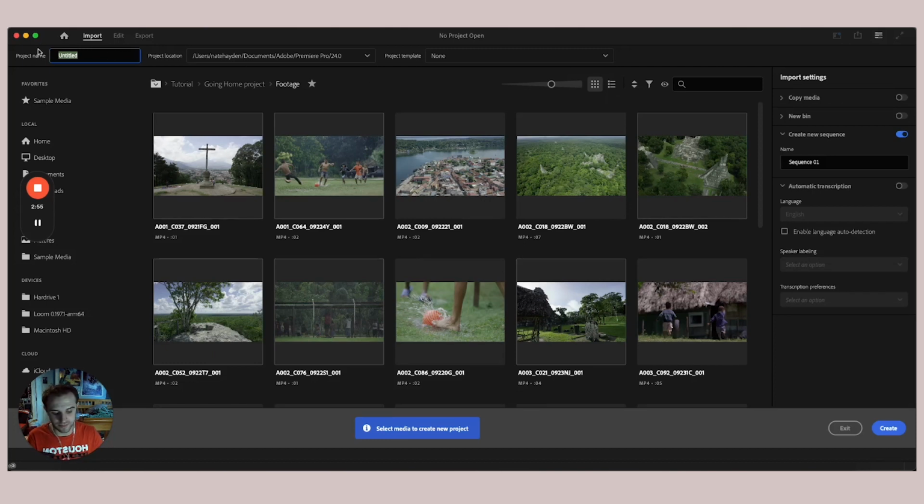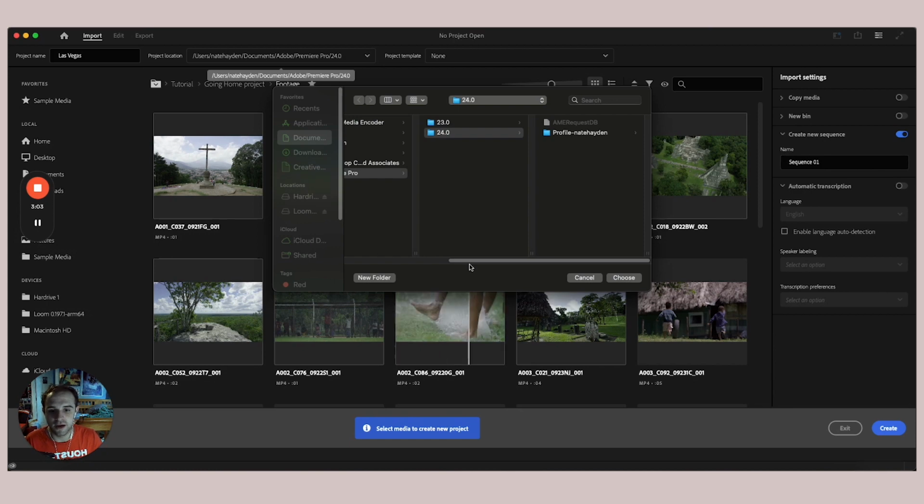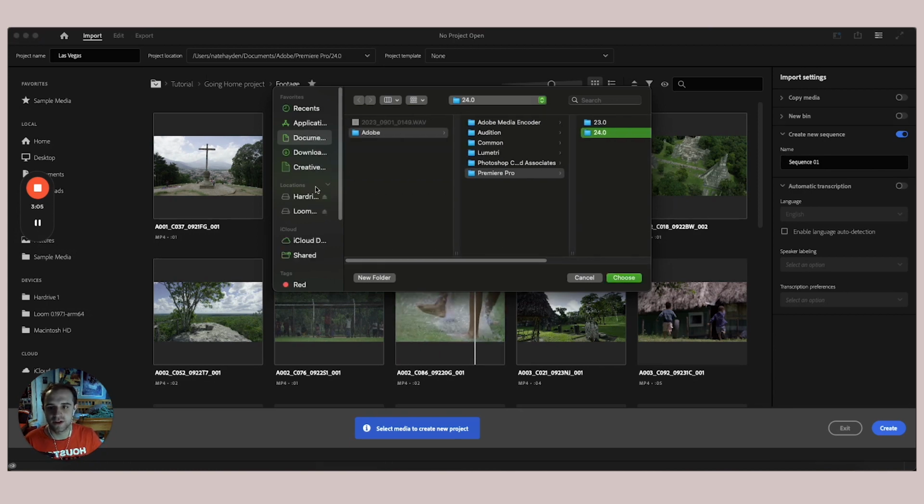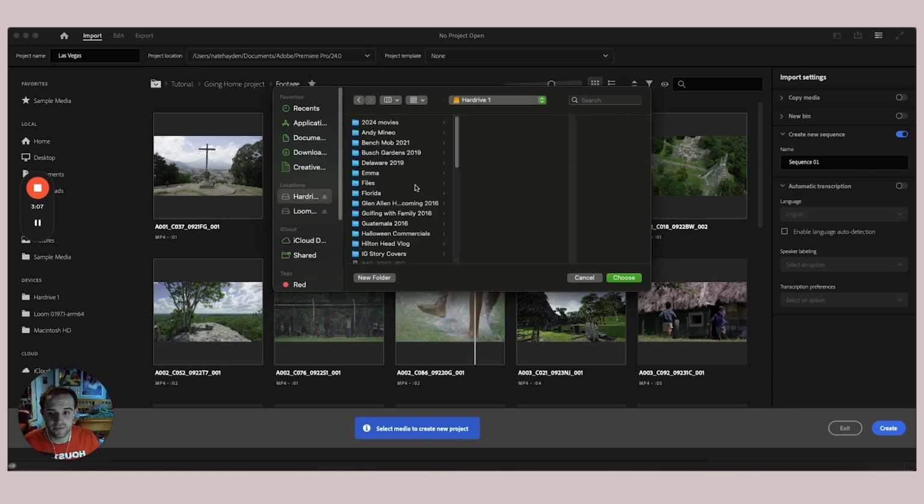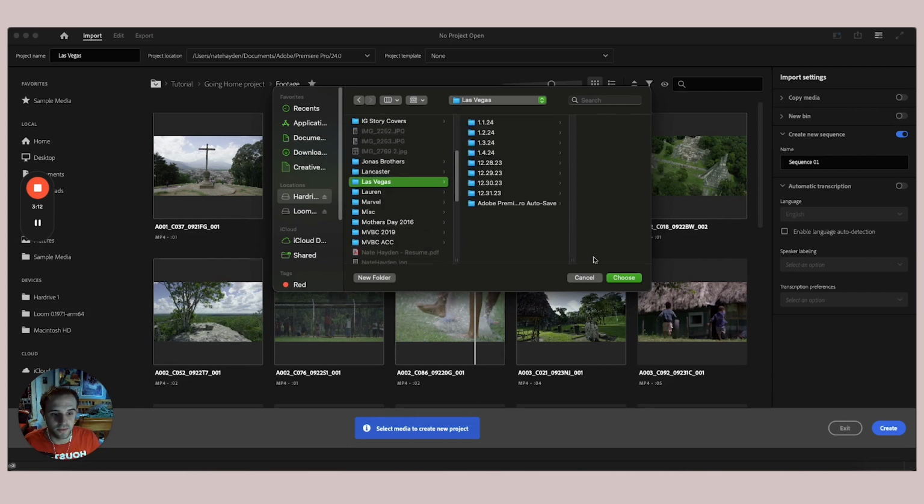Up here, you have two different things that you always want to look at, maybe three. Project name. I'm going to name this project Las Vegas, and then project location, where you want this project to be saved. This is only the Premiere file. Exporting is a whole different beast. So I go to hard drive, I'm going to find the folder Las Vegas right here,